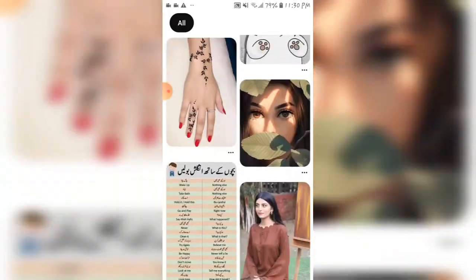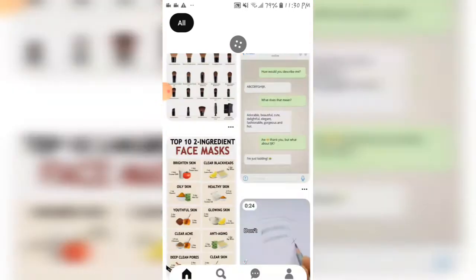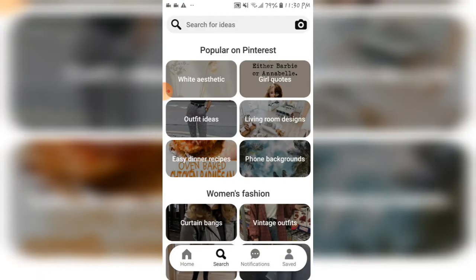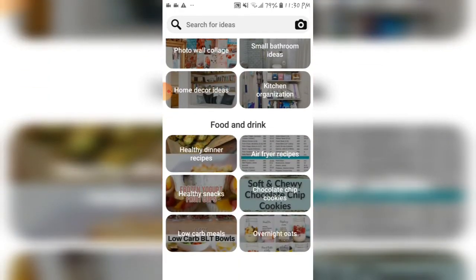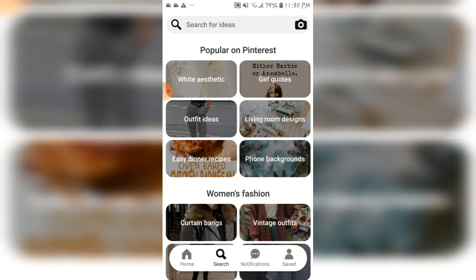Now what you can do on Pinterest is that if you want to see anything, if you want to design anything, if you want to take ideas of anything like girls coats, these are all popular on Pinterest. Women's fashion ideas, home decor ideas, food and drink ideas, anything that you want to know about or take an idea of, you can.